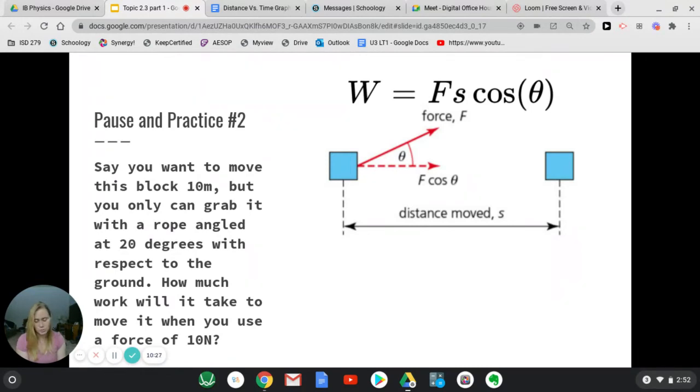Which is just 93 joules. So I used a new unit there that I forgot to mention in the equation. So work is measured in joules. Energy, which is going to be newtons, multiplied by meters, multiplied by an angle, which has no units after a trig function. And so a joule, which is the unit for energy, a capital J, is equal to a newton times a